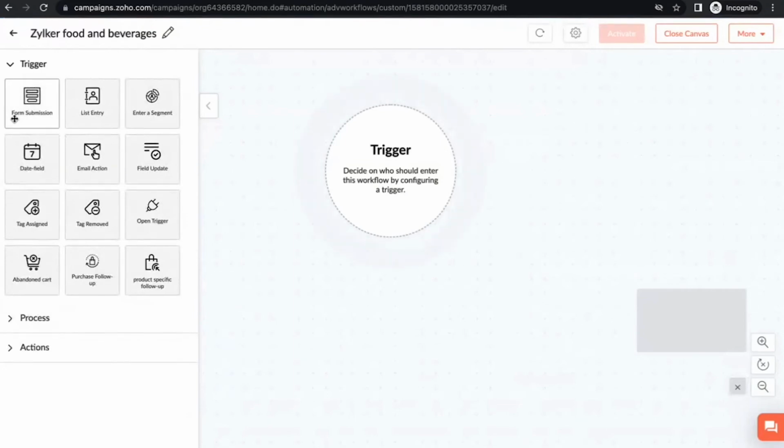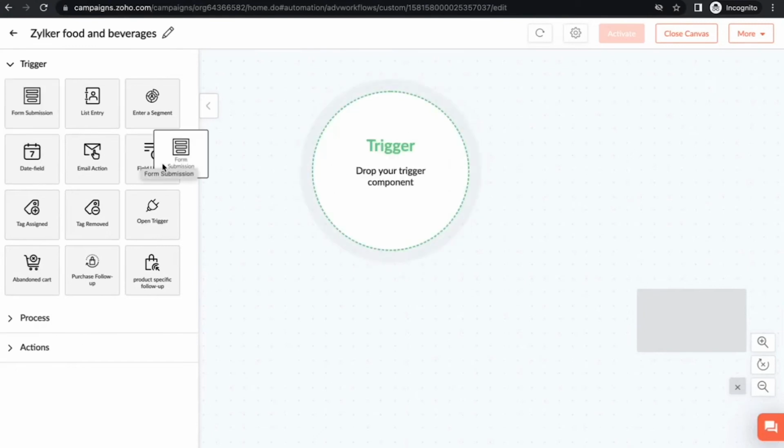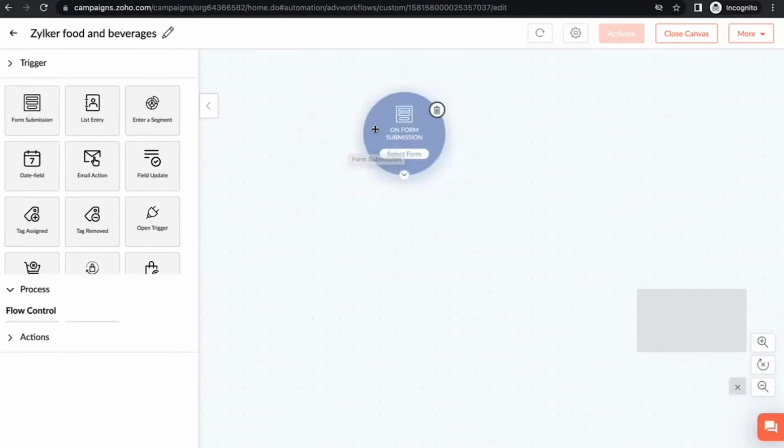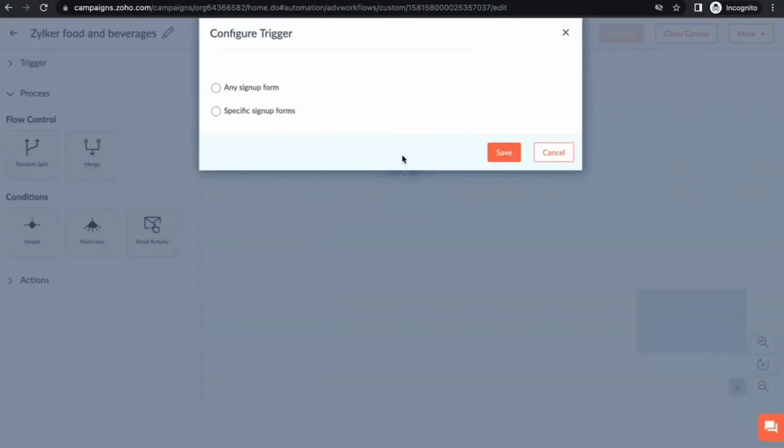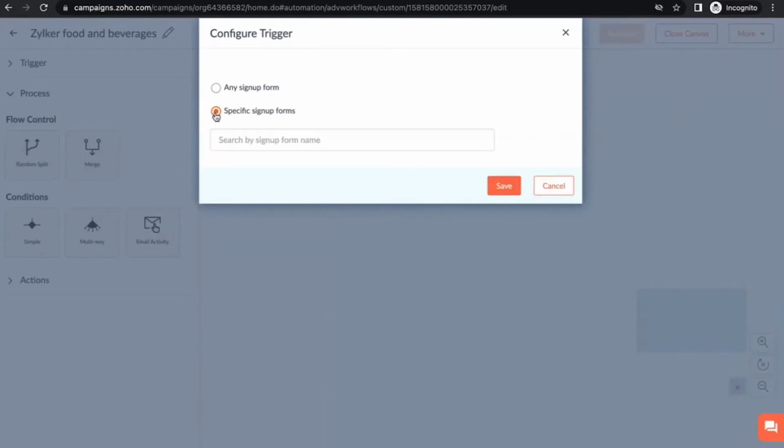As you can see, there's form submission over here. So let's say you created that particular sign up form that I just showed you under Zilker Food and Beverages. It's created, and I choose that particular sign up form and I use it as a trigger. Now over here, I can use a specific sign up form. In the specific sign up form, I can put the name of the sign up form that I have created,